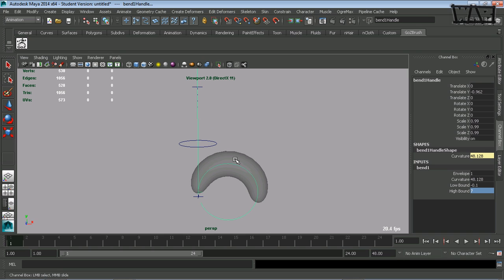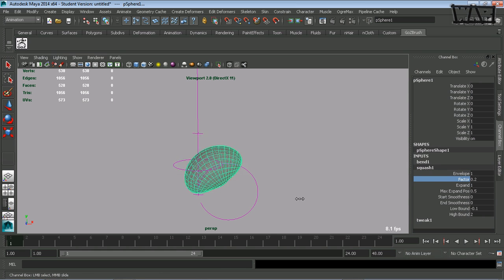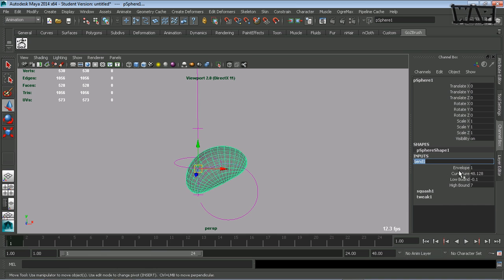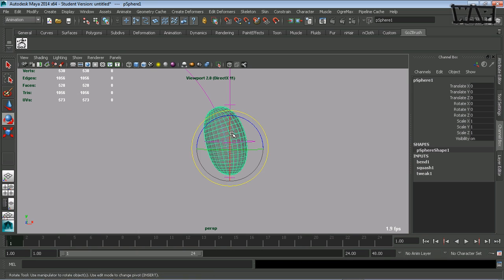Okay, so now I've got my ball. It can bend and it can squash. There's the squash happening with some bend, and here's the bend happening. Okay, so now we decided that if I bend this deformer and we grab this ball and move and rotate it, just the ball mesh is going to continue to keep the same shape as it already was, but you can see that the mouse